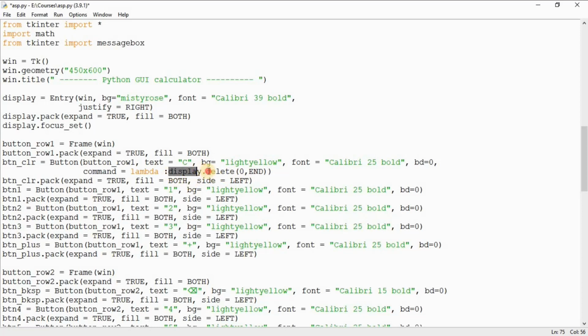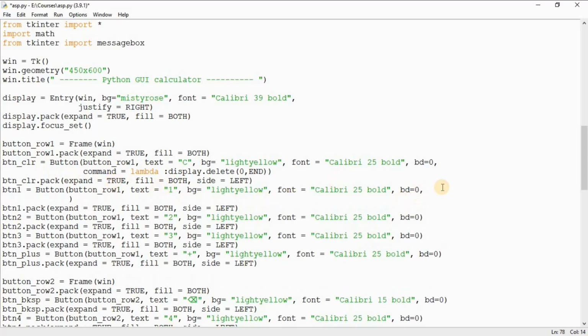So we are just going to call the delete method and delete everything from 0 to whatever is there at the last index. Everything we just want to delete. So that's why this clear button is used. So similarly, in a similar manner, we will add a lambda function again. First of all, we will have to write the command parameter,